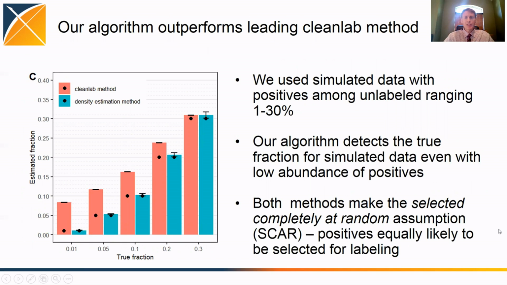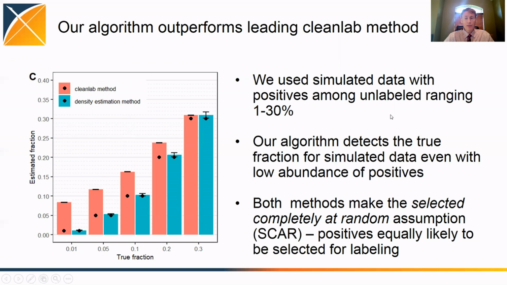We've applied our algorithm in simulated data with low abundance positives of 1% up to 30% and find that the true answer falls right within the error bars across the entire range of fractions that we simulated. A leading method called CleanLab is systematically biased upwards, which really drove us to innovate this algorithm. Most methods, including both of these, use the selected completely at random assumption. It's very important where positives are equally likely to be selected for labeling, which may not hold in electronic health